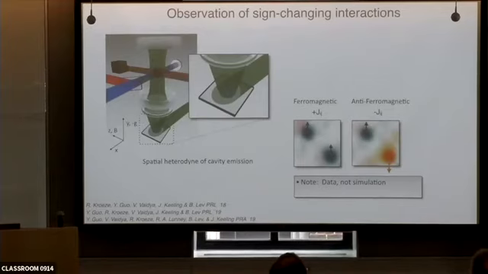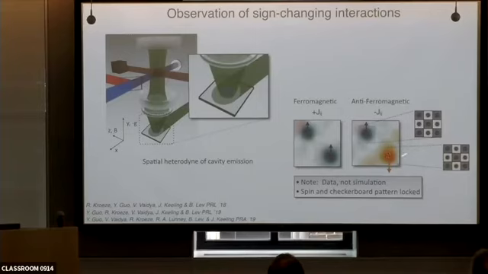So, okay, what's really going on here is that this is a spinor polariton condensate. So this is both spin and checkerboards here locked and here like so. So this is a little clump of atoms like this. This is a little clump of atoms with the opposite sign. But never mind. If I were to put a 3D optical lattice to restrict the motion of the atoms, I would only have that spin state, and it would really just be pure spin. But it doesn't really matter. These are pseudo-spins up and down. Okay. All right. So this is demonstrating the sign-changing nature of the interaction just by moving them back and forth,